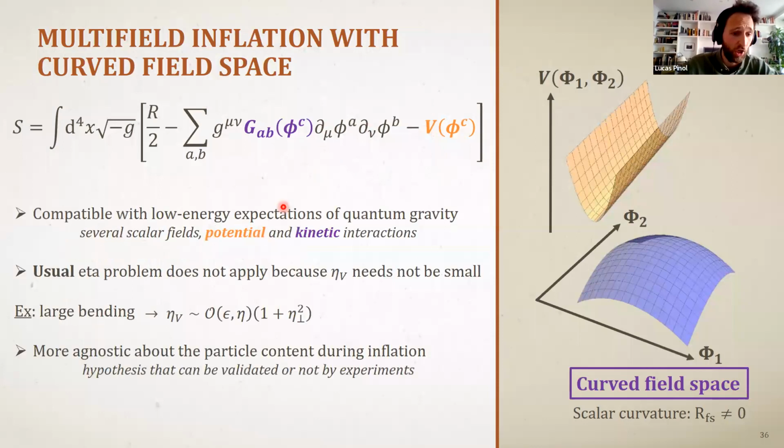And this is something which is actually motivated by high energy considerations. If you look at low energy expectations of quantum gravity, like supergravity that you compactify in 4D or this kind of thing, what you will almost always encounter is that you end up with several scalar fields that have a priori potential interactions, and very often they also have these kinetic interactions. So this is not only motivated, but it's also the most agnostic thing. Let's imagine we have scalar fields, they can have kinetic interactions, they can have potential interactions, and all of this is encompassed in these nonlinear sigma models.